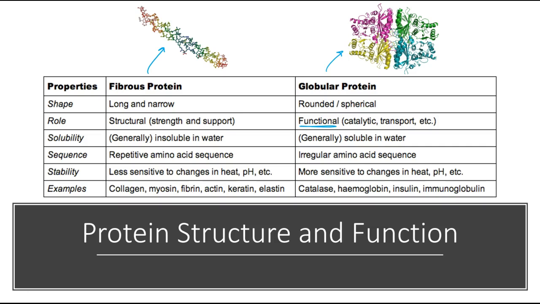And by functional, I mean they're going to catalyze reactions. They're going to act as enzymes. Typically, enzymes are going to be this globular shape, and we know that enzymes catalyze biological reactions. These are also going to be important in transporting molecules and materials. As an example, hemoglobin is a globular protein that is responsible for transporting oxygen and carbon dioxide to and from the cell in order to maintain proper concentrations of those, in order to maintain cell respiration, which is what we're going to find out, an aerobic